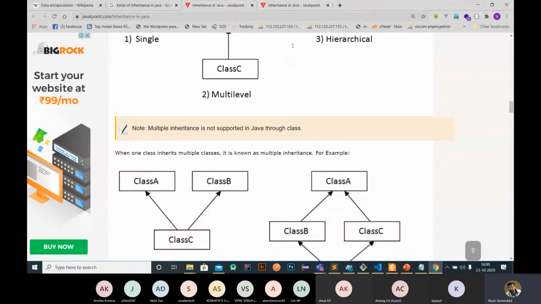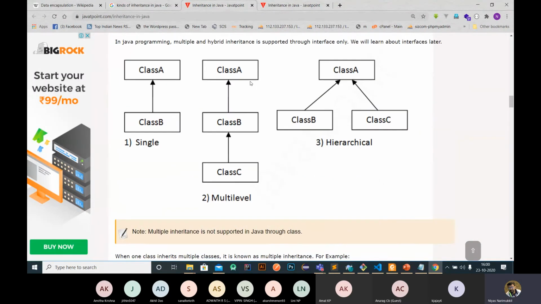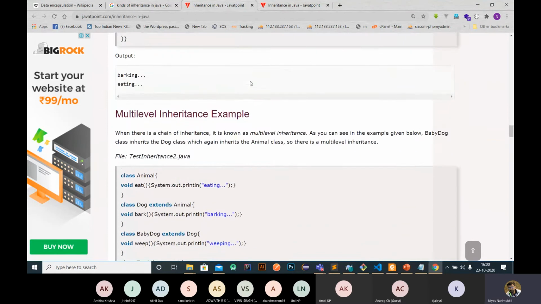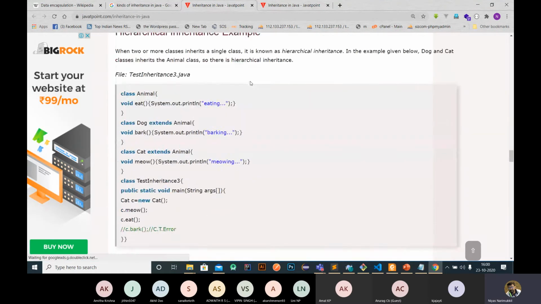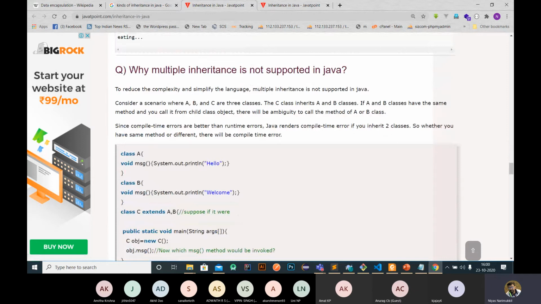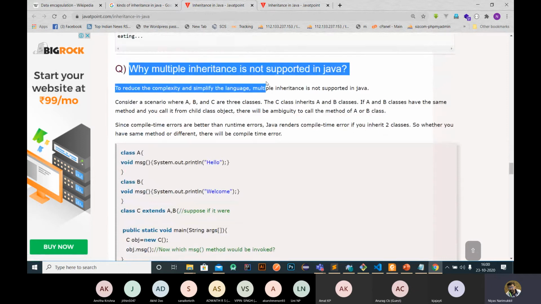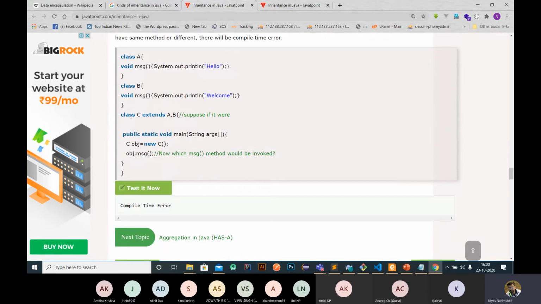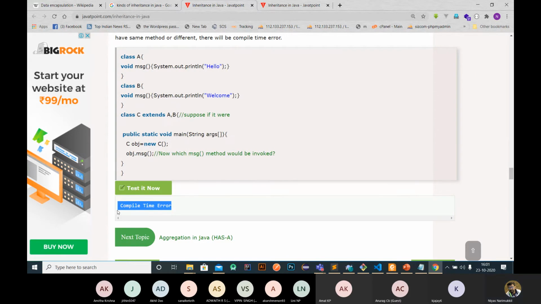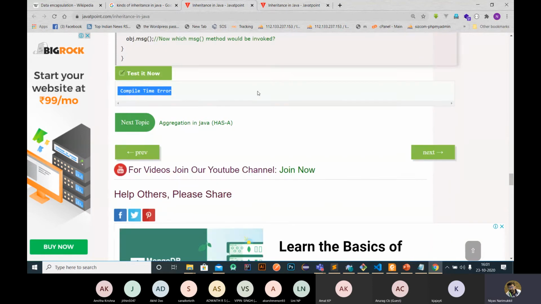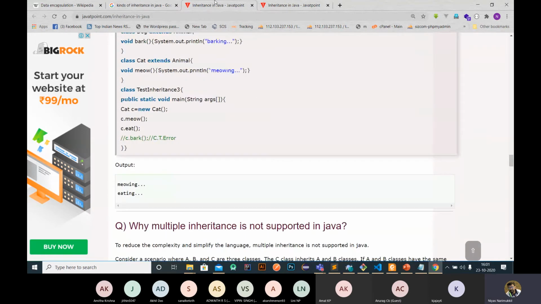This is a different kind of inheritance. As I said, multiple inheritance is not supported in Java. Class C extends A comma B is not possible, and you will get a compile error. Is it clear?